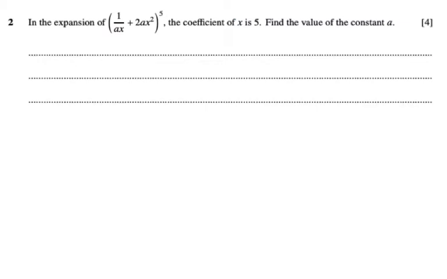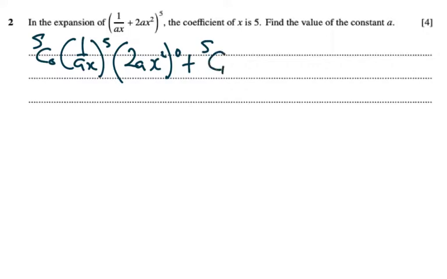In the expansion of (1 over ax plus 2ax squared) to the power of 5, the coefficient of x is 5. Find the value of the constant a. Let's expand. For the coefficient of x, 5c0 times 1 over ax to the power of 5, and 2ax squared to the power of 0, plus 5c1 times 1 over ax to the power of 4, 2x squared to the power of 1, plus